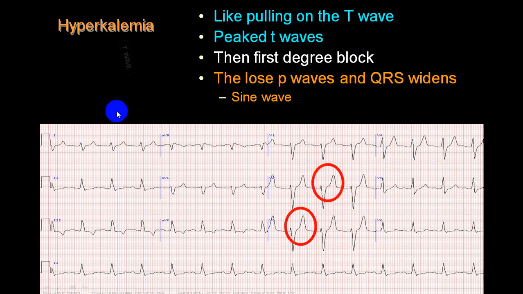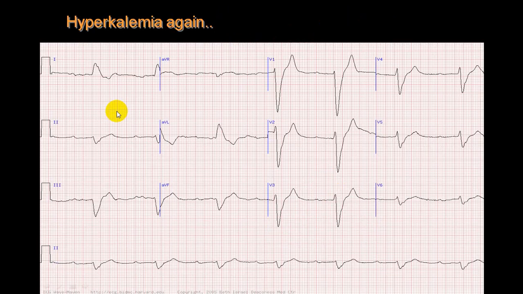So this is a tall T wave, and slowly the PR interval will get prolonged. Now you can see here, this is becoming broader, and you can't make out a P wave at all. Or you can see this is looking like a P wave. This looks like a T wave. So there is a marked prolonged PR interval. The QRS complex is wider, and this is a tall T wave. And if you look properly in this particular one, there is a wide QRS complex and the PR interval is prolonged. This is suggestive of hyperkalemia.